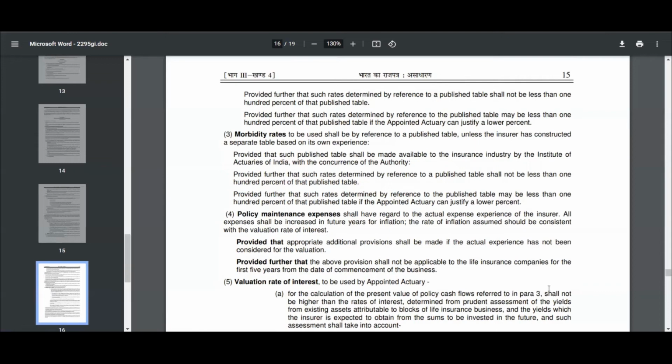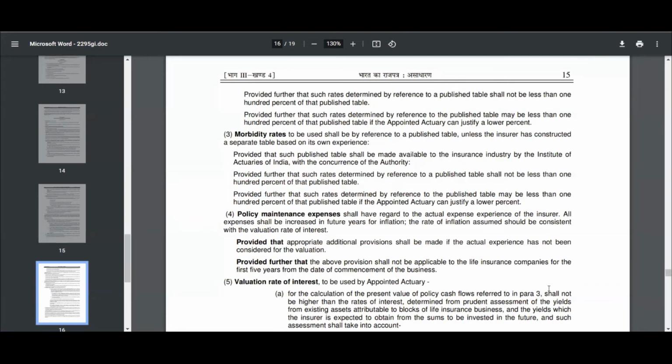For non-participating business, it should consider the decline in the interest rate. So that is where derivatives come into the picture, the hedging. If you remember, Indian companies can only hedge with rupee interest rate derivatives, right? The derivatives that were used, and they can only hedge for non-participating business when there is a risk of reduction in the interest rate, right?